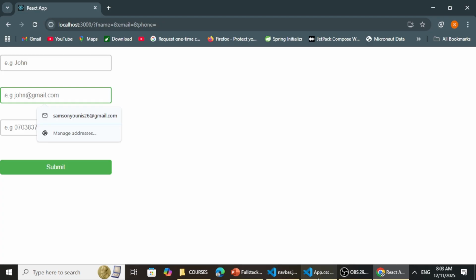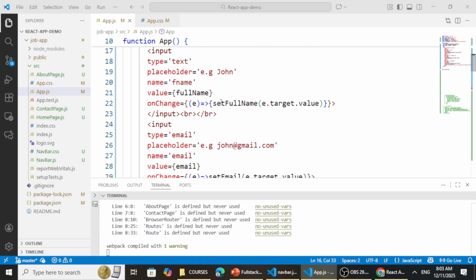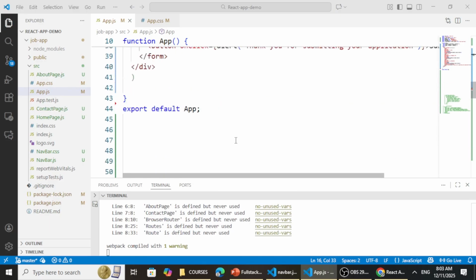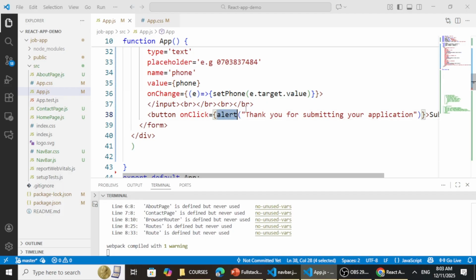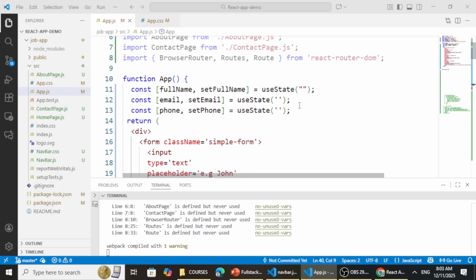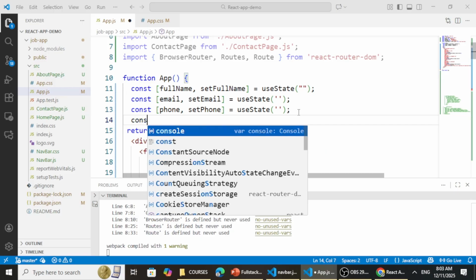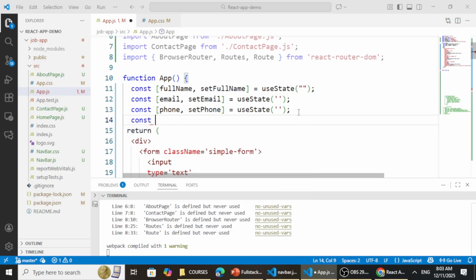So to be able to do that, we need to go back and create a better event handler. So we can remove this method from here. We can go back and create a function that will validate the input fields, and then after validation it can submit the data to the backend, and then display the alert box. So I'm going to create a function within here and call it